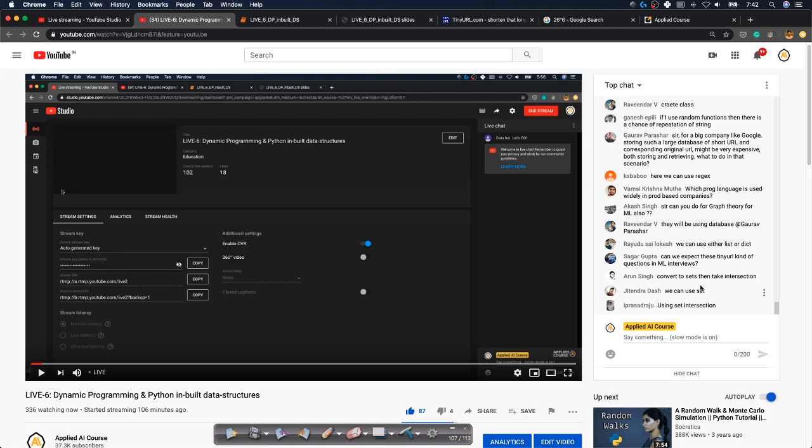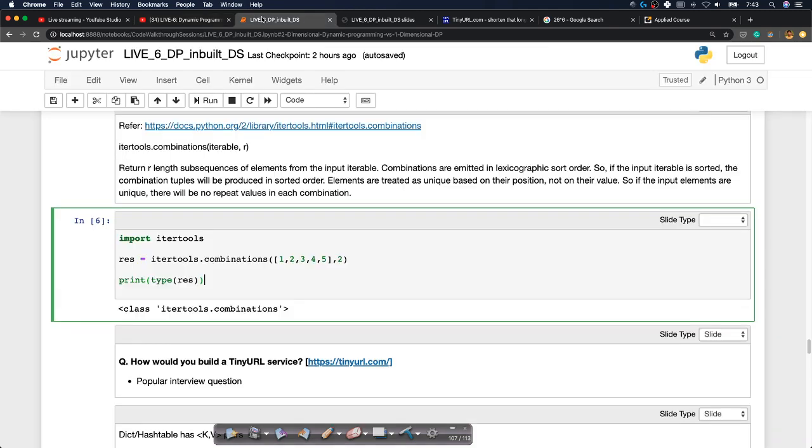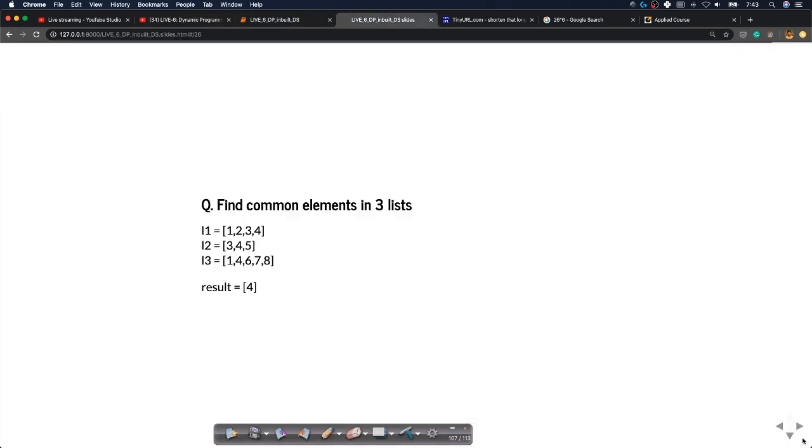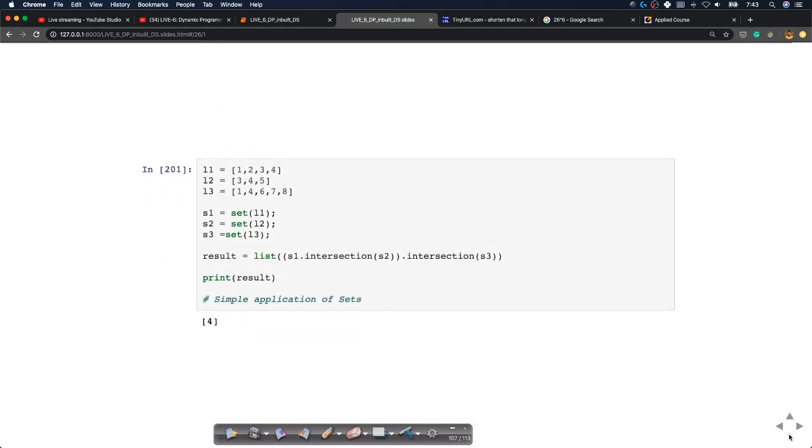Convert to sets and take intersection. That's it. Simple. It's 2 seconds. It's literally 1 line of code. You can write it in 1 line. Suppose I have these 3 lists. I convert the lists into sets using this. Tomorrow I'll also tell you about constructors, all of those concepts, when I teach you about object-oriented programming,